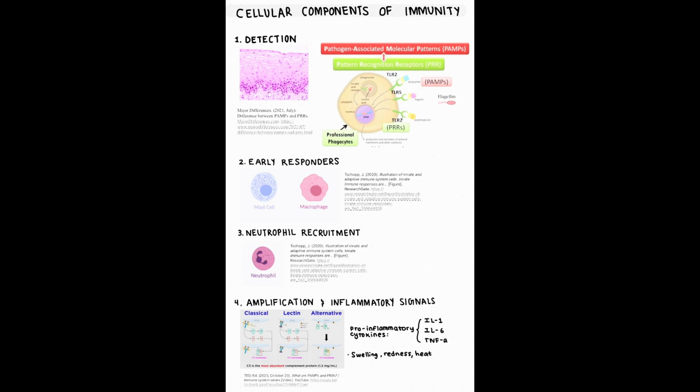The second step is early responders, which are macrophages, which were the security guards. The tissue-resident macrophages will engulf S. aureus through phagocytosis. They'll secrete pro-inflammatory cytokines such as IL-1 beta and chemokines such as IL-8 to call for backup. They will also process antigens to show the adaptive immune system later. Mast cells also release histamine and other mediators that will increase blood vessel permeability, helping immune cells access